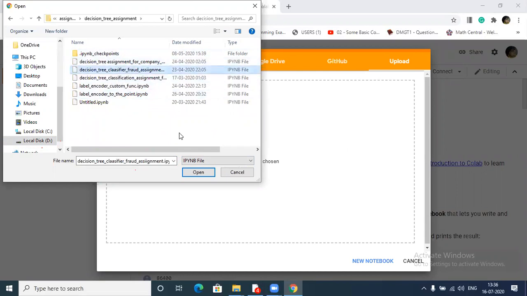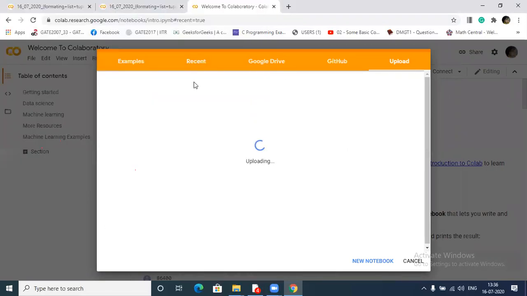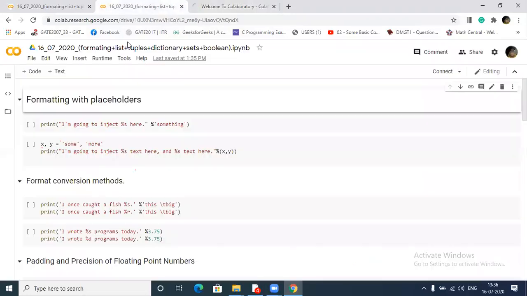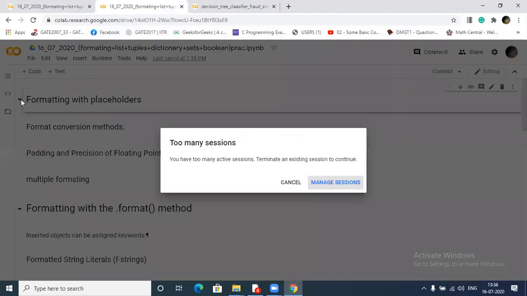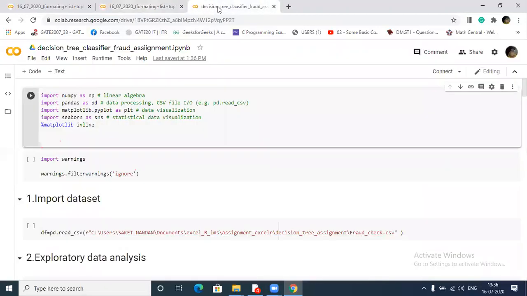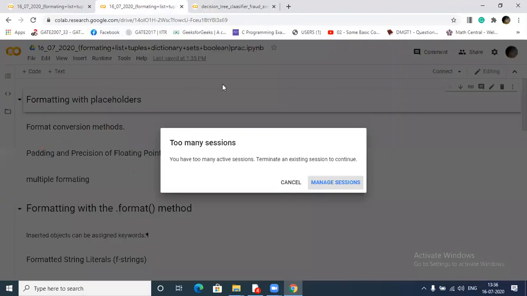Okay. This is practice. Why is it showing active?